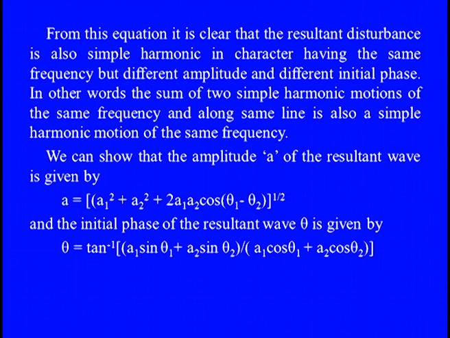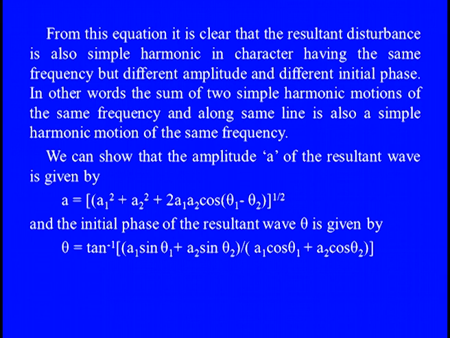In other words, the sum of two simple harmonic motions of the same frequency and along the same line is also a simple harmonic motion of the same frequency. We can show that the amplitude A of the resultant wave is given by the square root of a1² + a2² + 2a1a2 cos(θ1 − θ2),